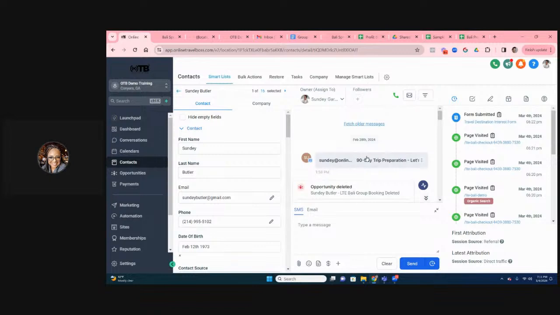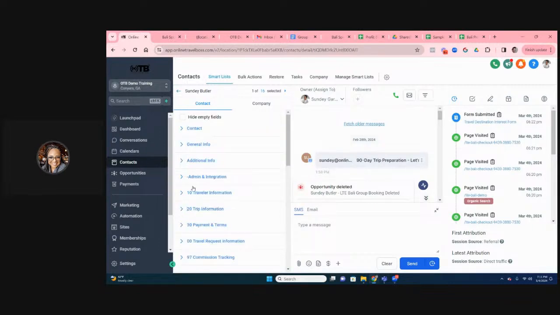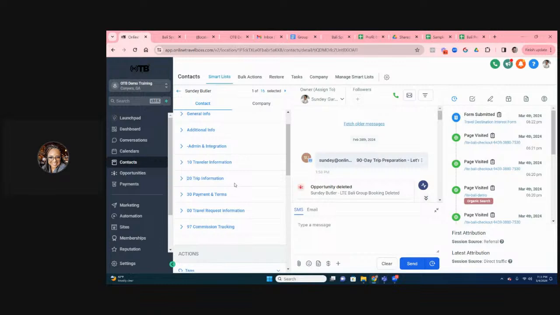You can always see that in the middle of the screen. On the left-hand part of the screen, you can see all of their contact-related information. And we have things grouped by different components that we're capturing around the client: their traveler information, their trip information, their payment information, their requests,